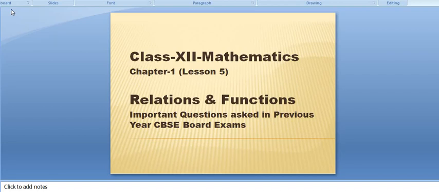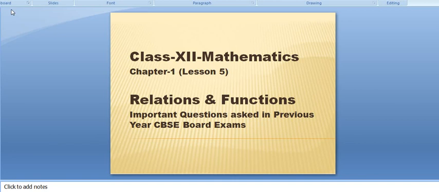Welcome back, students. Today is the last topic of the first chapter, that is relations and functions of standard 12. So we have read basically three things: equivalence relations and your inverse and its types of functions, and we are